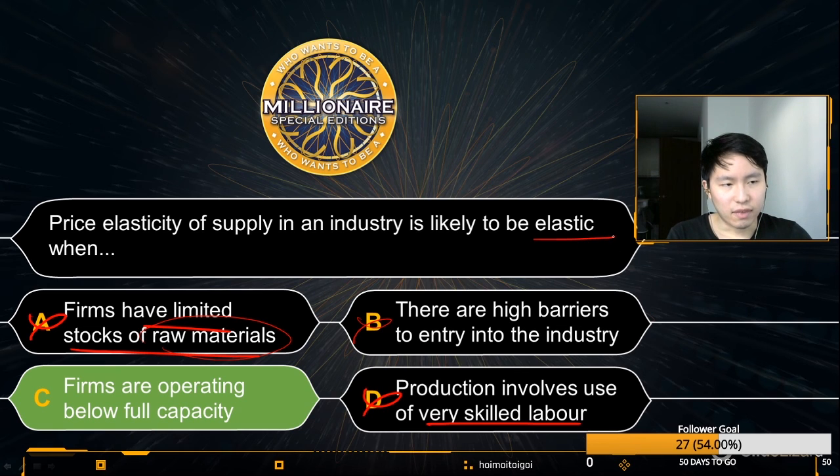So the price elasticity of supply in an industry is likely to be elastic when firms are operating below full capacity. So if you're only using 80% of your machines in your factory, then that means you can quickly increase your output by ramping up and turning on the other two machines. Or for Domino's, you might very easily just turn on the other two ovens, and you can bake more